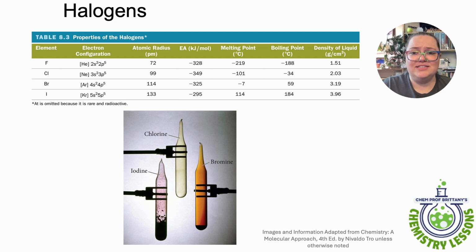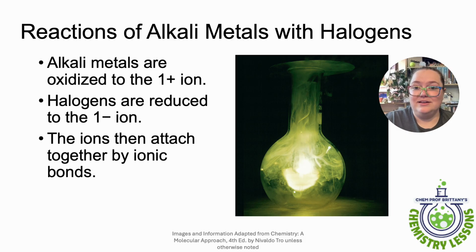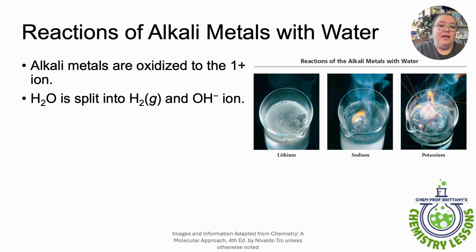So when these two things get together, you get some really aggressive reactions. Alkali metals get oxidized to be their 1+. Halogens are reduced to be 1-. So then we have ionic bonds that attach them together, and we have an exothermic reaction. Right? That reaction that I showed you with water previously, what happens is our alkali metals get oxidized to become